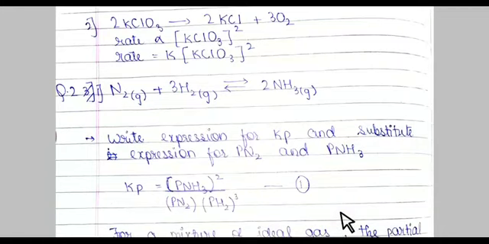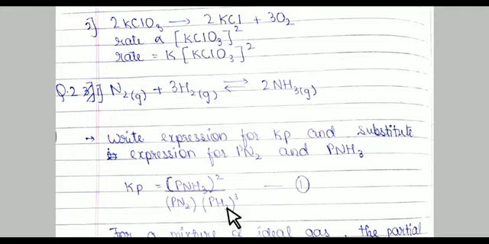So first we have to write the formula for Kp. Kp is equal to partial pressure of product upon partial pressure of reactant. Here the product is ammonia having quantity 2, P means pressure. Here the reactants are nitrogen and hydrogen. Nitrogen means P N2, and hydrogen having quantity 3, so it is P H2 cubed. See here, students, it is a normal bracket, it is not a square bracket. Means it is the partial pressure of ammonia squared divided by partial pressure of nitrogen and partial pressure of hydrogen cubed.